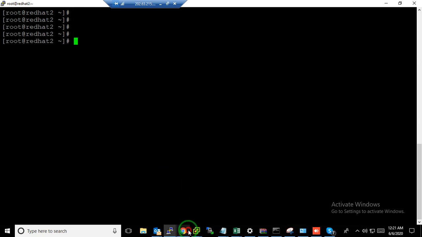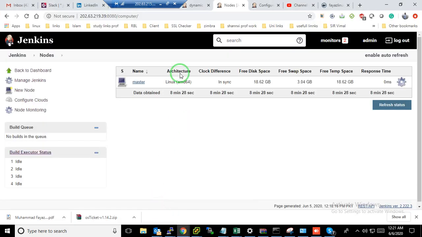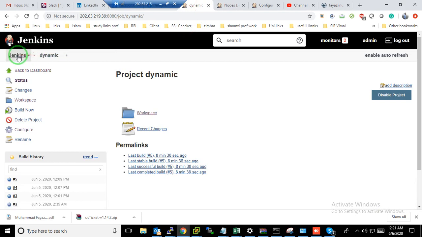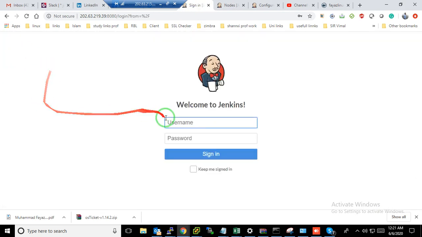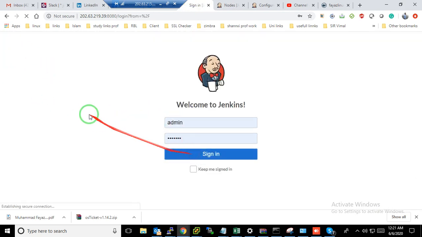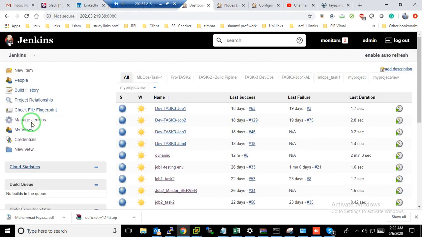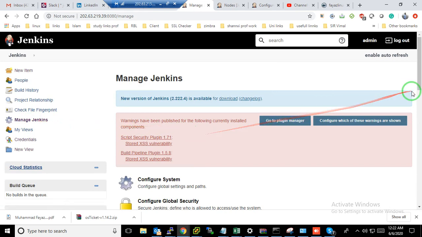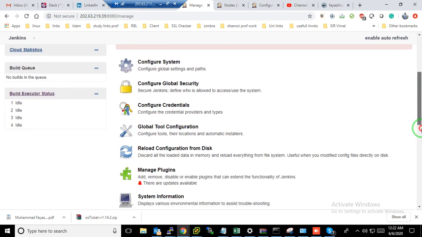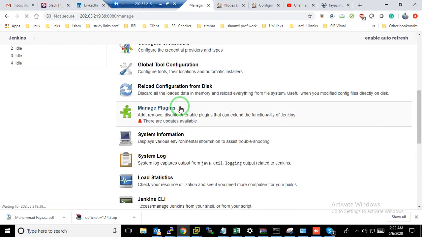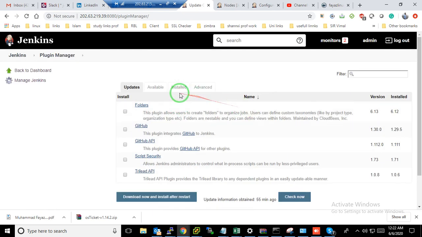After that we will go to Jenkins. In Jenkins we first have to add some plugins in order to run our job dynamically. You have to add some plugins before the setup.